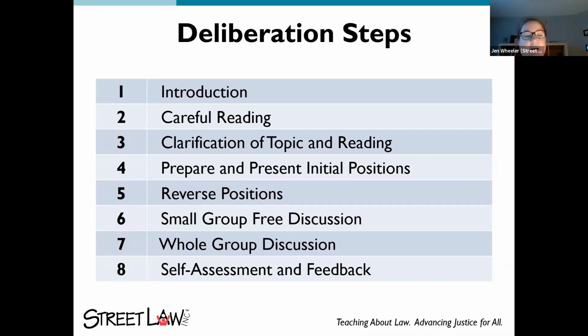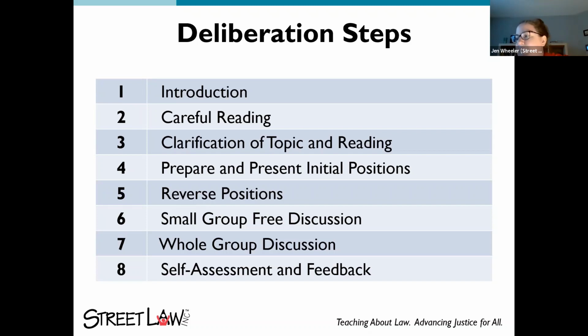And finally, in step 8, students circle back to self-assess: how did things go, what would they do differently next time, and to give the teacher feedback, because hopefully you're going to do a deliberation again, so students can let you know what things went well and what things they might want to see differently for next time.